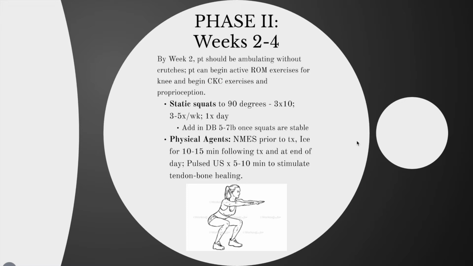So the static squats I chose here would be to 90 degrees, 3 sets of 10, about 3 to 5 times a week, and then you can add in dumbbells once the squats are stable. So for physical agents, continue with the NMES before therapy, and then icing for 10 to 15 minutes following therapy